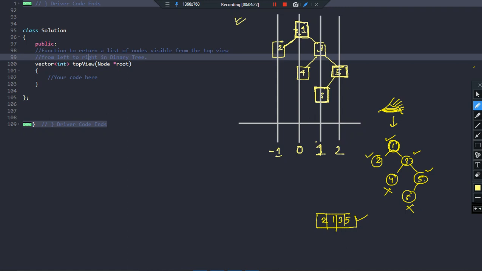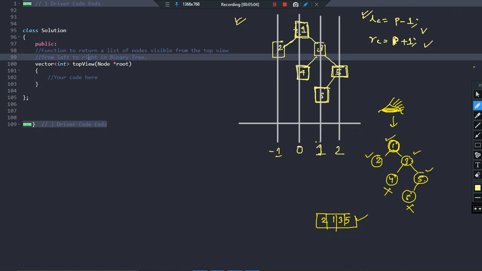The address of this node will be 1 less than its parent's address because this is the left child of its parent. Its parent address is 1 and the left child address will be 1 - 1, that is 0. So in order to find the address of a child on the number line, the left child will be present at parent - 1 location and the right child will be present at parent + 1 location. Got the point? The left child of any particular parent will be present at position p - 1, where p is the address of the parent on the number line.